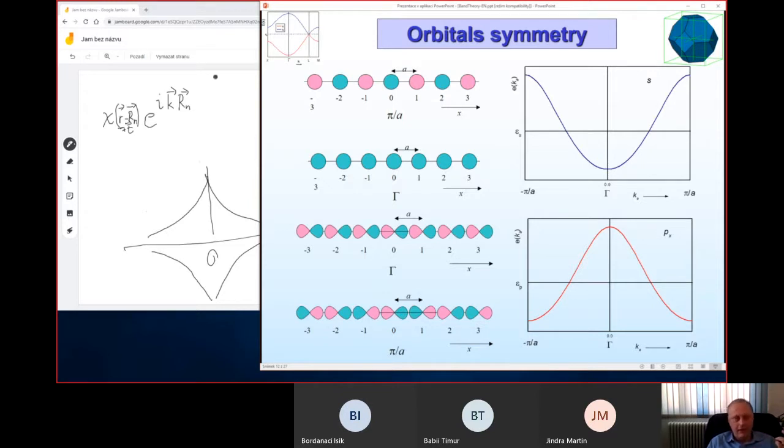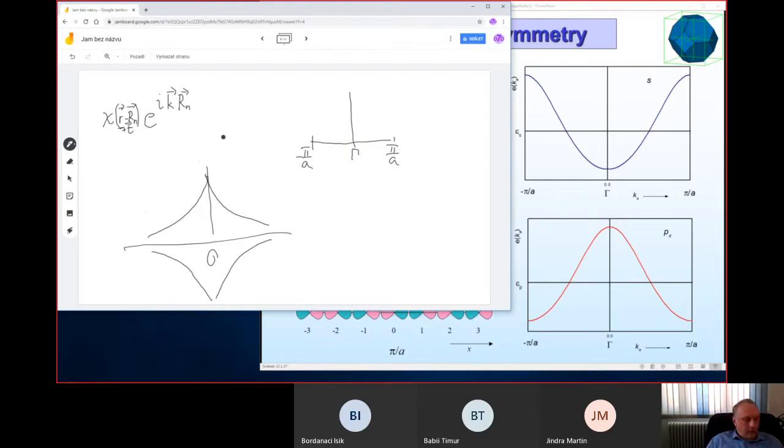So how can we do that? We can consider the energy. If we have only one wave function, which is the case here, we have only one Bloch orbital, the energy is defined as an integral,